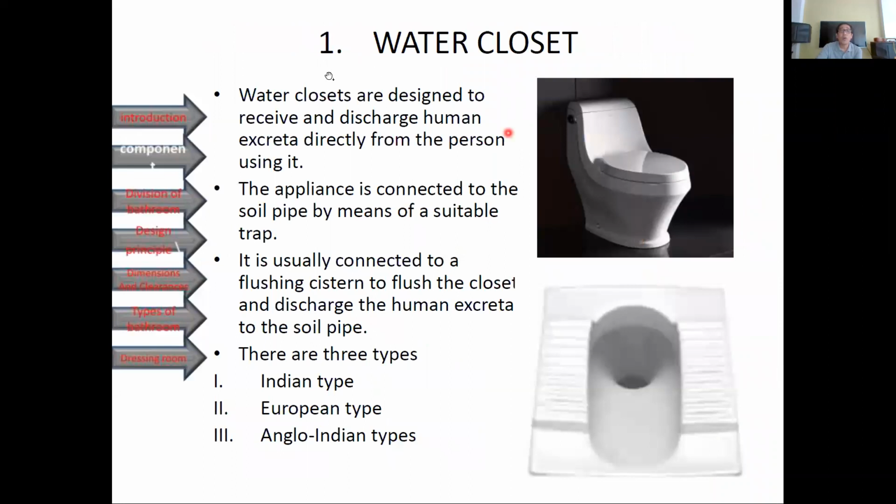So the water closet is designed to receive the discharge of human excreta directly from the persons using it. So this is the water closet. The appliance is connected to a soil pipe by means of a suitable trap. So there is a P-trap inside this water closet. It is usually connected to a flushing cistern to flush the toilet and discharge the human excreta to the soil